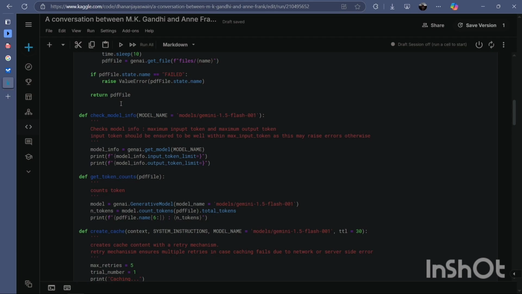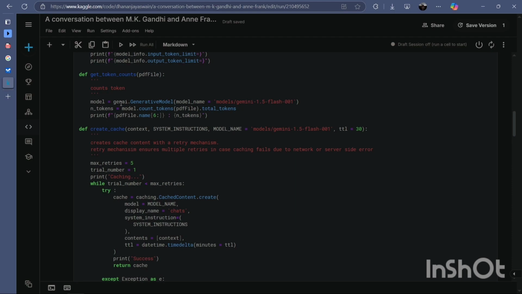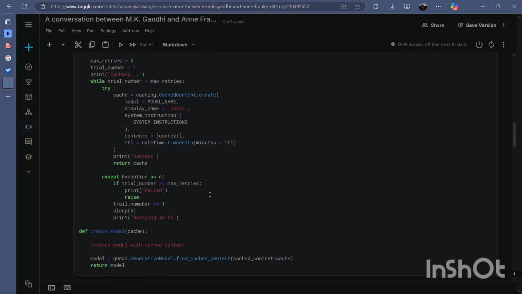You need to ensure that the input limit does not cross the limit. Get token counts. You will count the tokens of the PDF file that you have created using the GenAI model. And now you will create the cache. By creating cache, you can use the context, that is the PDF file, over and over again. And using the create model function, you can create